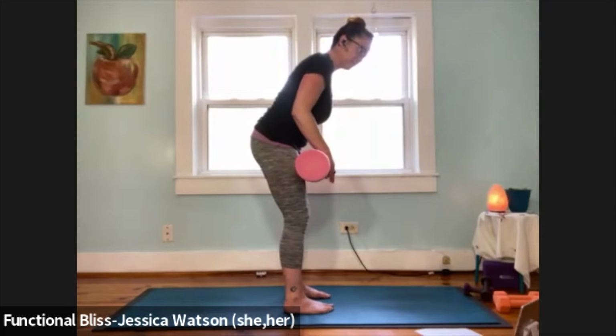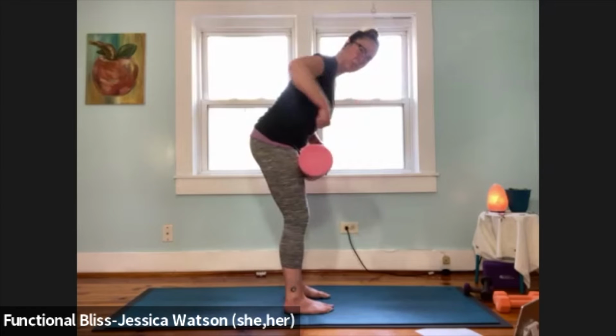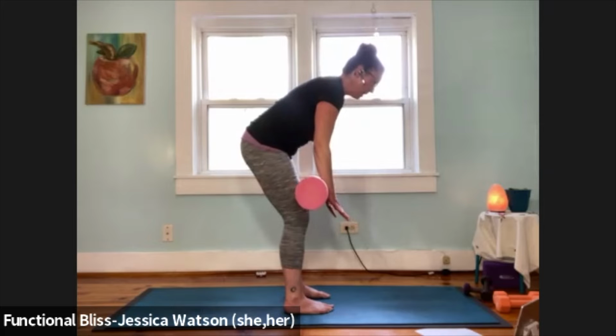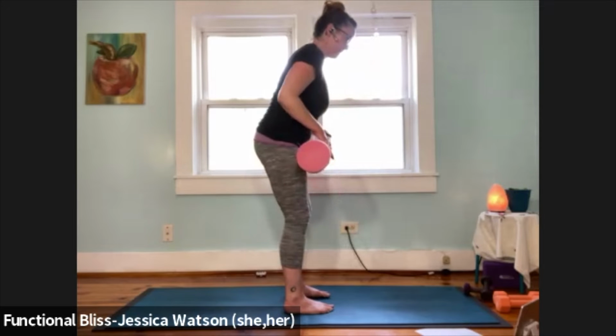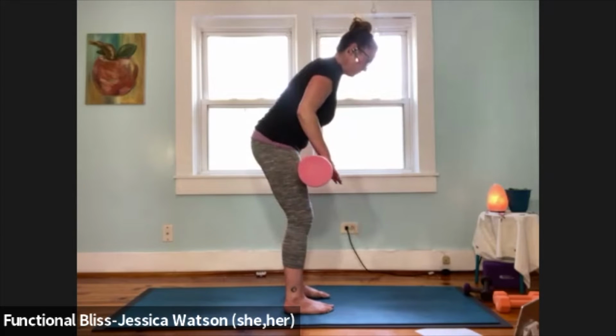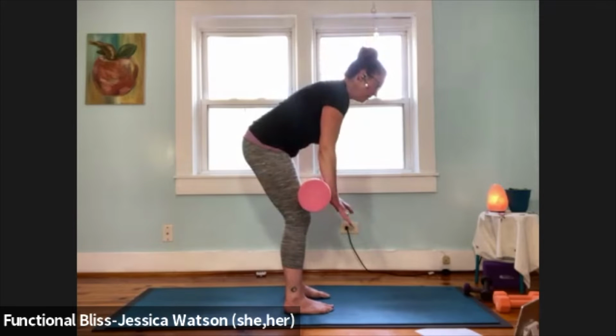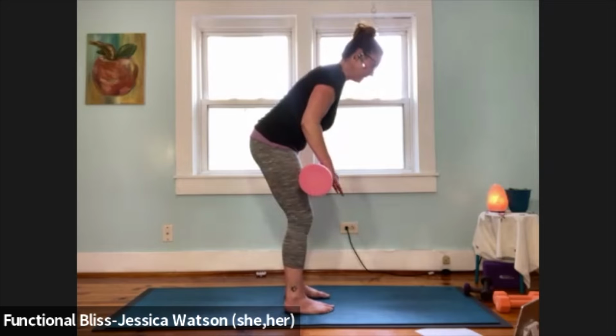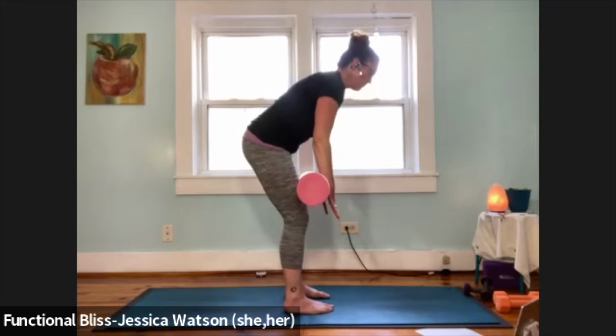and then keep a soft micro bend in the knees so we're not pushing against the kneecaps, but gently push into the roller, push it down towards your knees, push into the roller, come back up to the tops of the thighs. Push into the roller, come towards the tops of the knees, push into the roller and come back up. One more time, push into the roller, come towards the knees, push into the roller, come up, and now